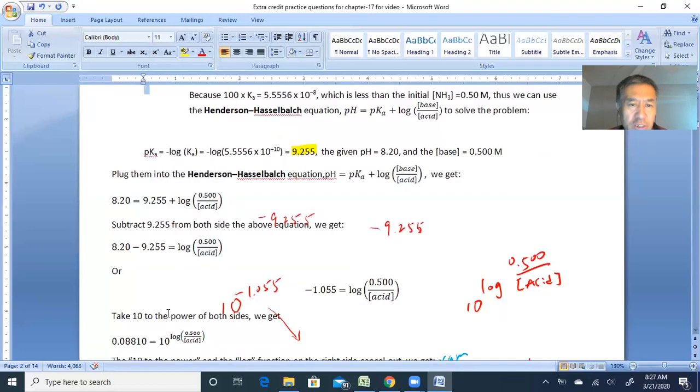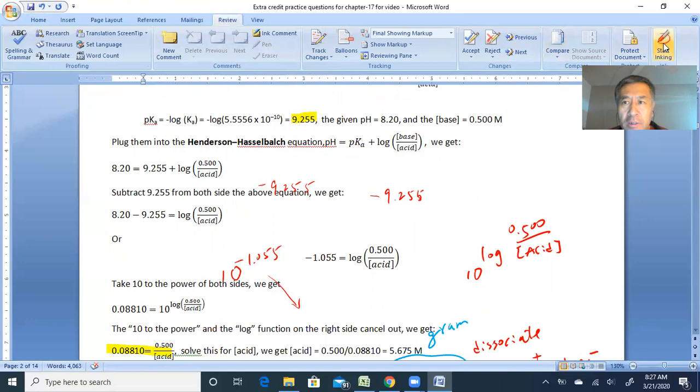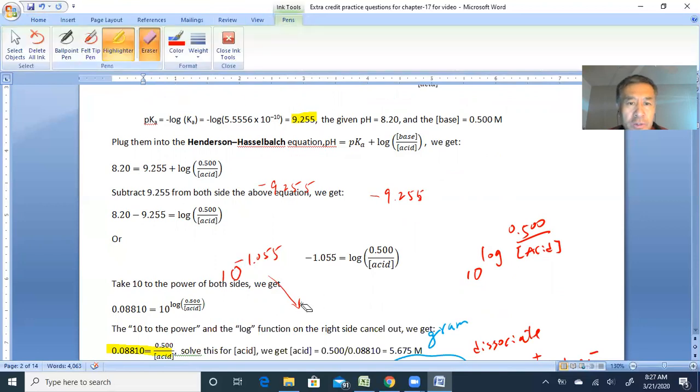With this new equation, what we do is take the power of 10 on both sides. This side, when you take the power of 10, becomes that, and the right side power of 10 becomes that. So you use a calculator, and find 10 to the negative 1.05 equals